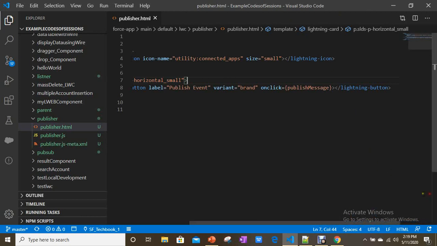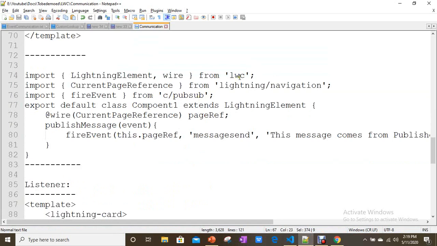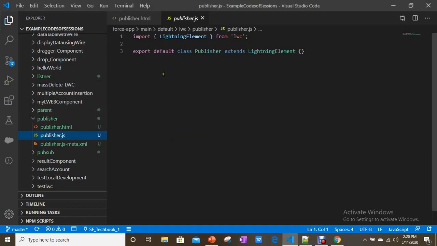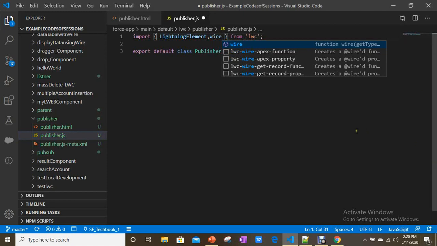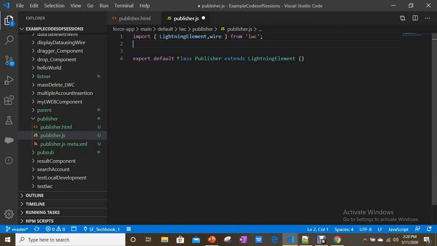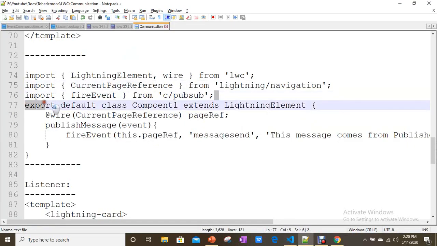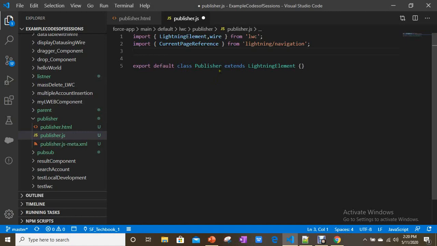After that, what you have to do in JS, this is a very important part you have to remember. In JS, first thing is you have to import the lightning element and wire decorator, and you have to import current page reference from navigation, and you have to import the fire event method from the PubSub component.